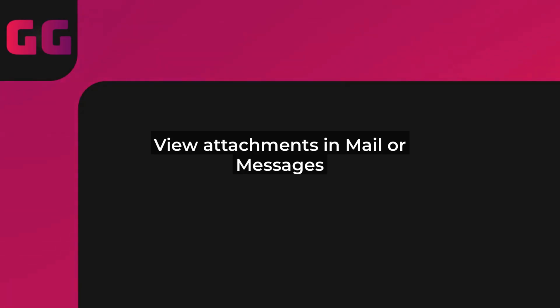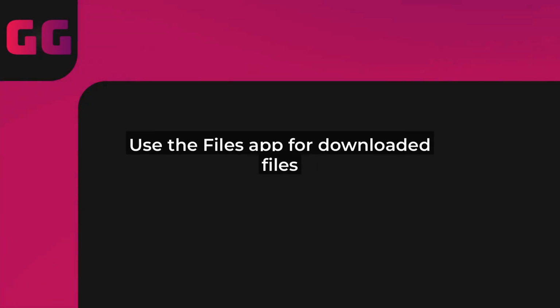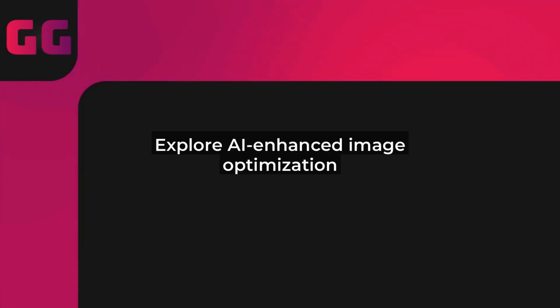It's crystal clear and super fast, thanks to the 2025 enhancements that include AI-powered image optimization for better quality and faster loading. But what if the image isn't in your Photos app yet? No worries. You might have received it via email, messages, or downloaded it from the web. Head over to the Mail or Messages app, open the email or conversation, and tap on the attached JPEG file. It should open directly in a viewer, allowing you to zoom in, rotate, or even edit if you want.